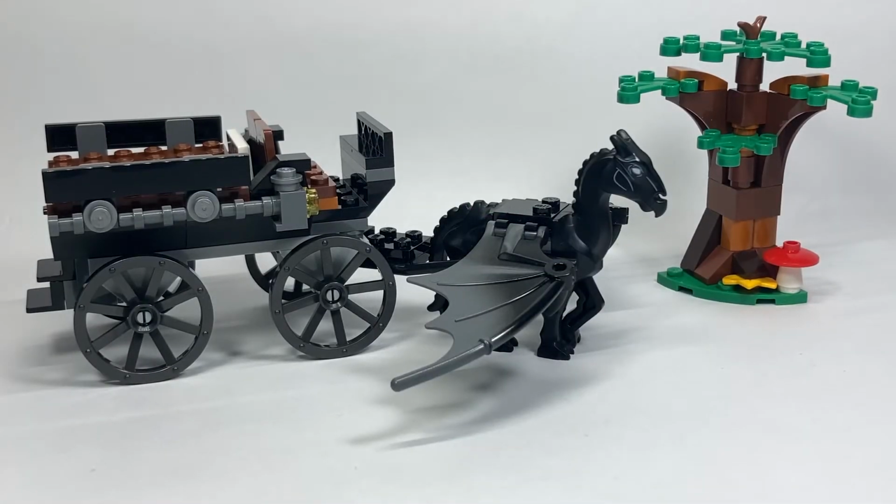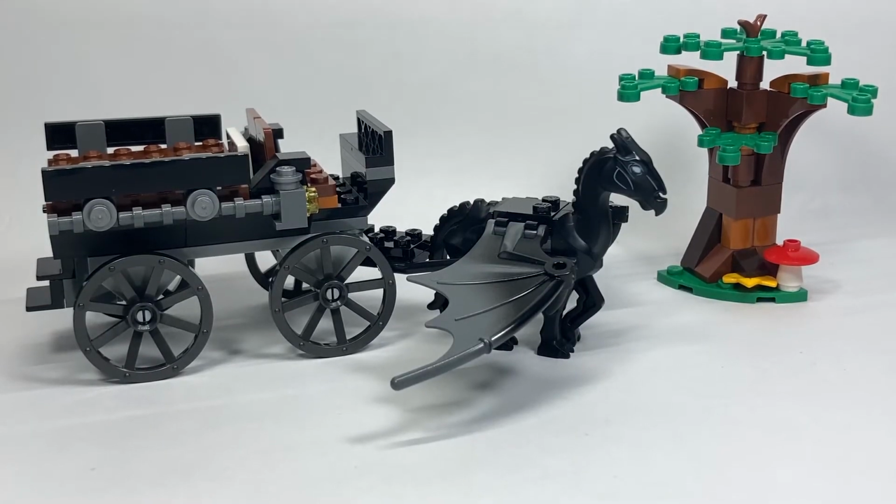Now, this set is very interesting, as in it represents 2 completely different scenes from the 5th Harry Potter movie and smashes them into one set. On one hand, we have the carriage, which is usually used as the entry to Hogwarts Castle. The characters sit in it, and it's pulled by the invisible Thestrals to the gates of the castle. On the other hand, we have the small forest scene where Harry and Luna are walking in the forest to this tree and feeding apples to the baby Thestrals. So it's really cool to get both of them here